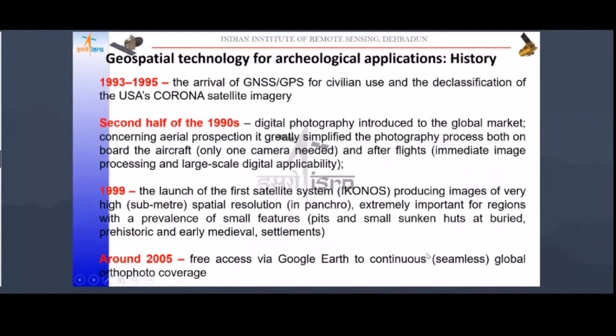The next phase, from 2005 to 2010 approximately, saw the beginning of the application of airborne laser scanning. This was also a watershed marking in the study of archaeological features, etc. Perhaps it was the most revolutionary aspect post the Second World War impact on effective detection and mapping of archaeological